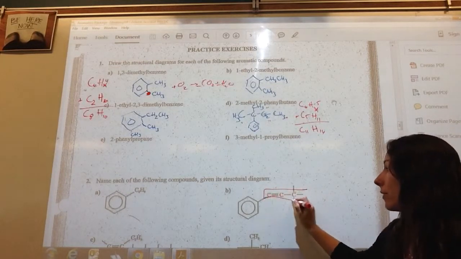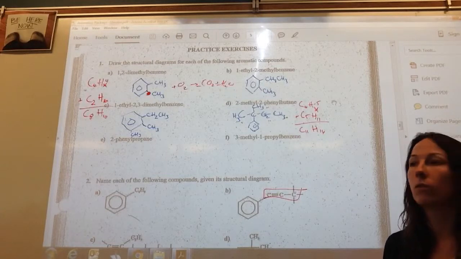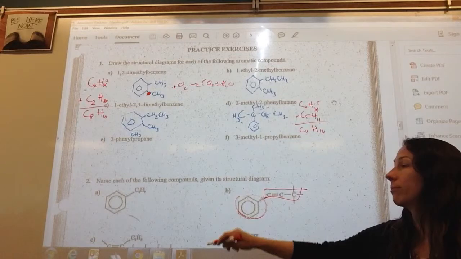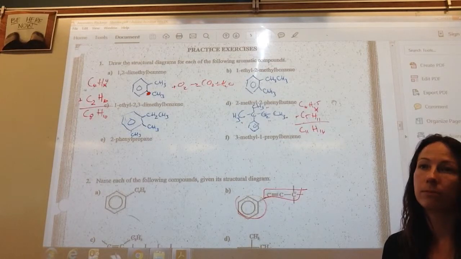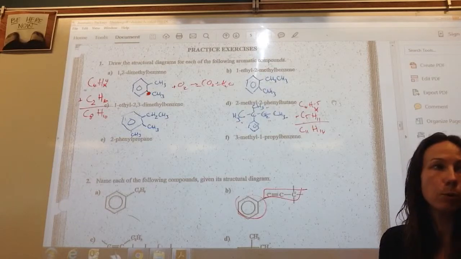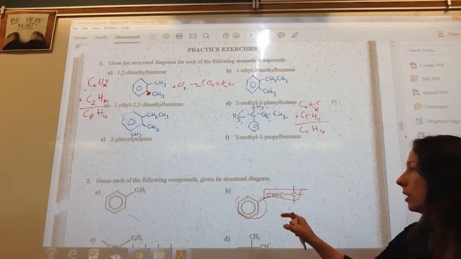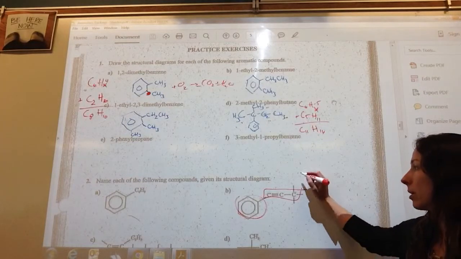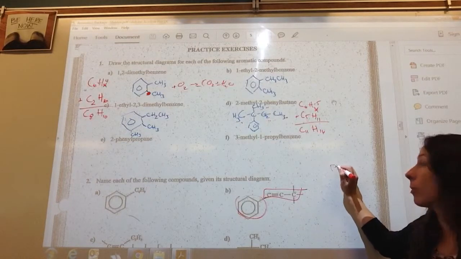So right away, this becomes the bracelet. And this is the charm. Okay, because it's not propylbenzene, because propylbenzene wouldn't have a triple bond there. So then this becomes prop